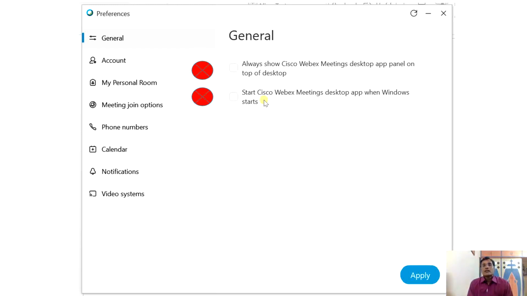Whatever video conferencing app you use, if it is open, it is going to use your microphone and your camera, otherwise they may not work. So that's why you should not click over here. I have kept it unclicked because I don't want them to use my microphone and camera. Whenever I want to use it, I will go into the program and open that app or software. So do not click here.